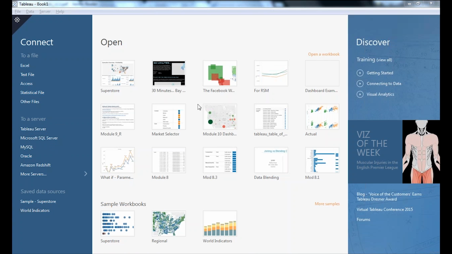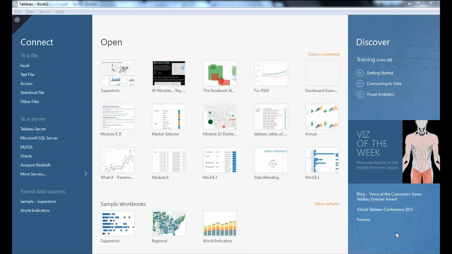Then there's a middle section which says open. So if you want to open a new workbook, just click on this, and then this is the section where your recent work that you would have done on Tableau is all visible as a thumbnail, and you can just go and select one. Okay, whichever you want to open out of the recent ones. Okay, and then there are a few sample workbooks. I had opened the Superstore one to just show you what the capabilities are, or how Tableau Desktop would look. Okay, so this is about the middle section, which is opening a workbook, and the right hand side is to